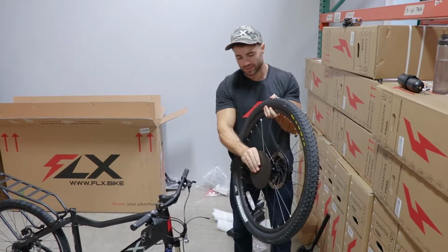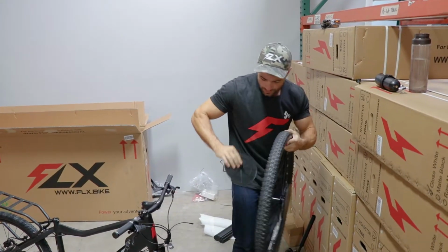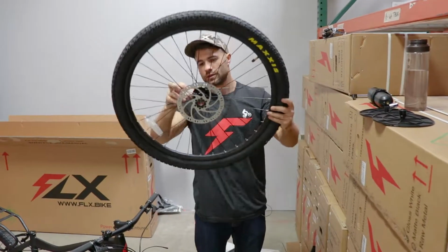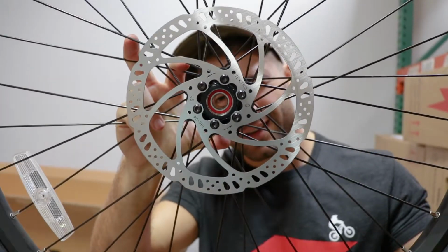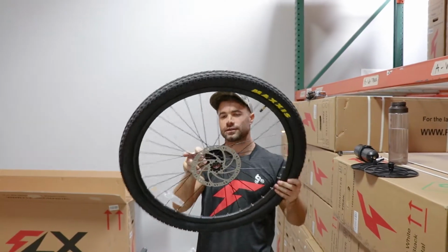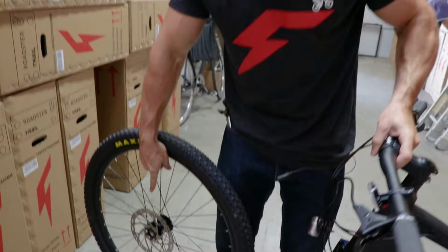This comes with some protectors to stop it from coming through the box or scratching up the bike during shipping. We'll just take those off. Have a look through that. Make sure that's completely clean. There's no leftover plastic in it. Looks good to me. So now we just stick the wheel in, and it's super important to check the disc